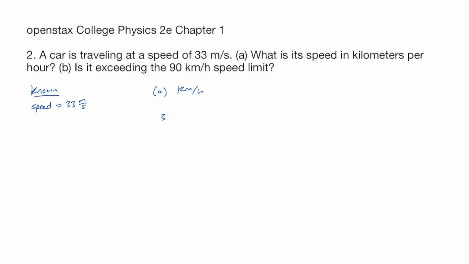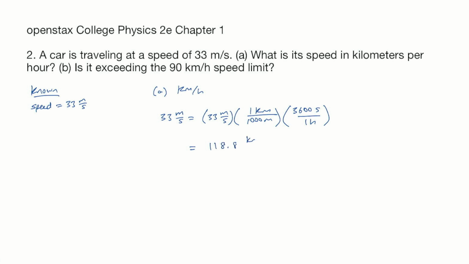Okay, we start out with the 33 meters per second. We'll set it equal to itself. And then we can start converting. In 1 kilometer, there are 1,000 meters. And there are 3,600 seconds in 1 hour. I did this computation. I got